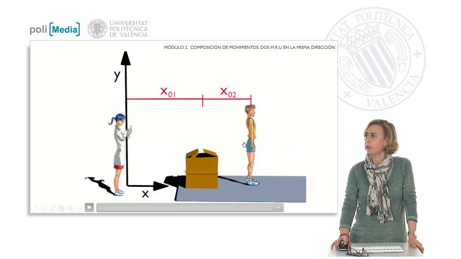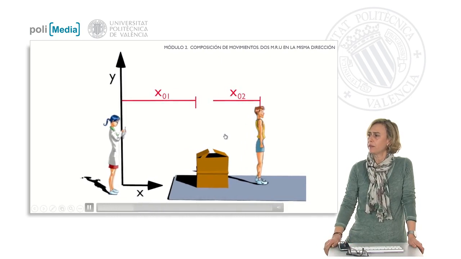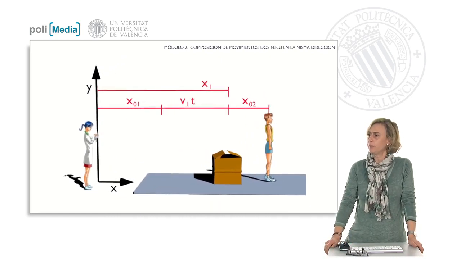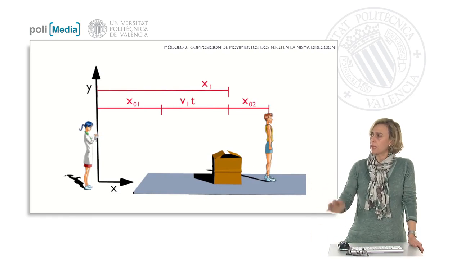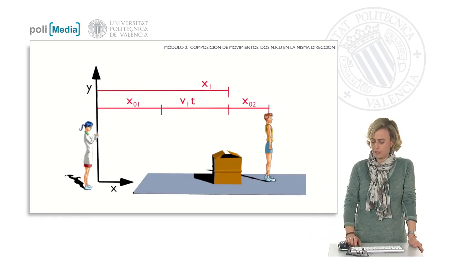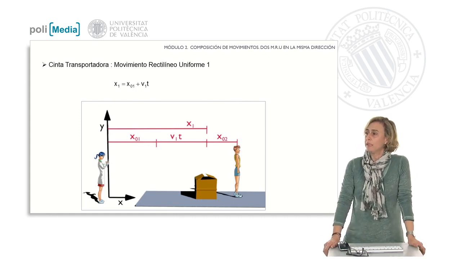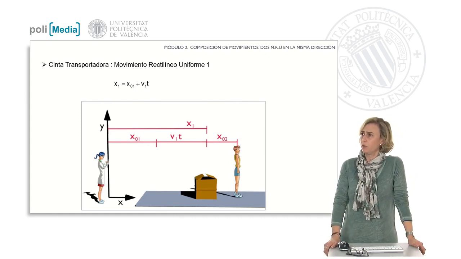Well, let's consider first the movement of the conveyor belt. If the conveyor belt moves, the box moves along with it, but J remains at a constant distance from the box. The conveyor belt is the one with the motion, and we have referred to it as rectilinear and uniform motion 1. x sub 1 is therefore x sub 01 plus the velocity v sub 1, which is that of the conveyor belt,